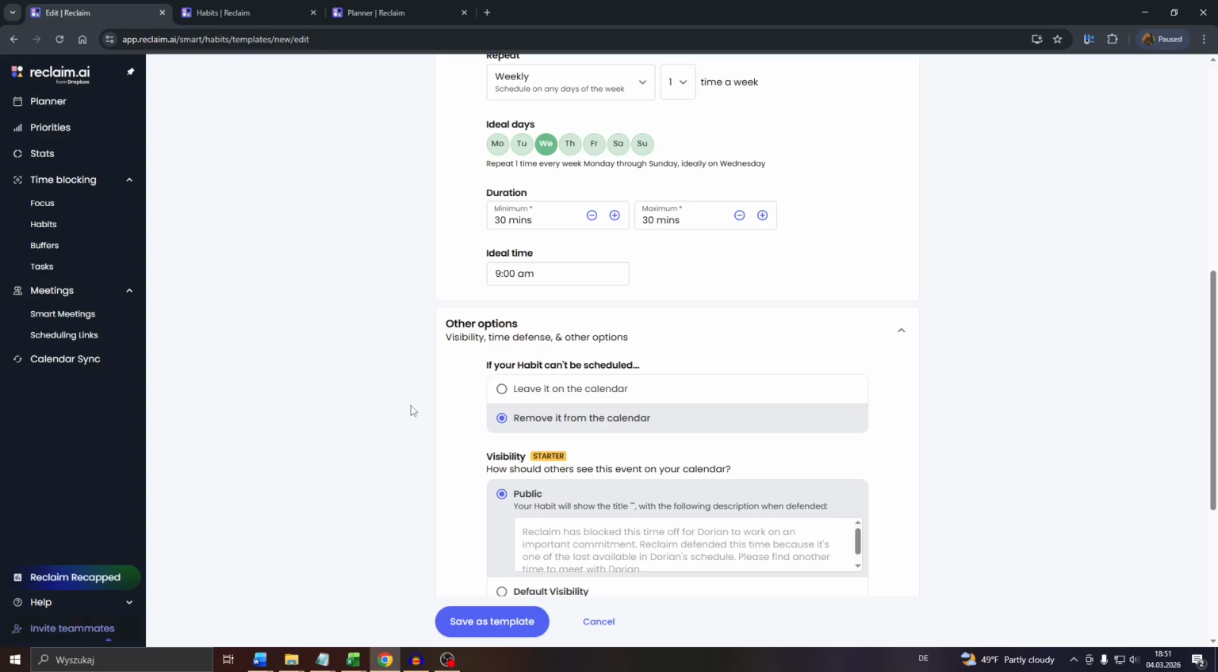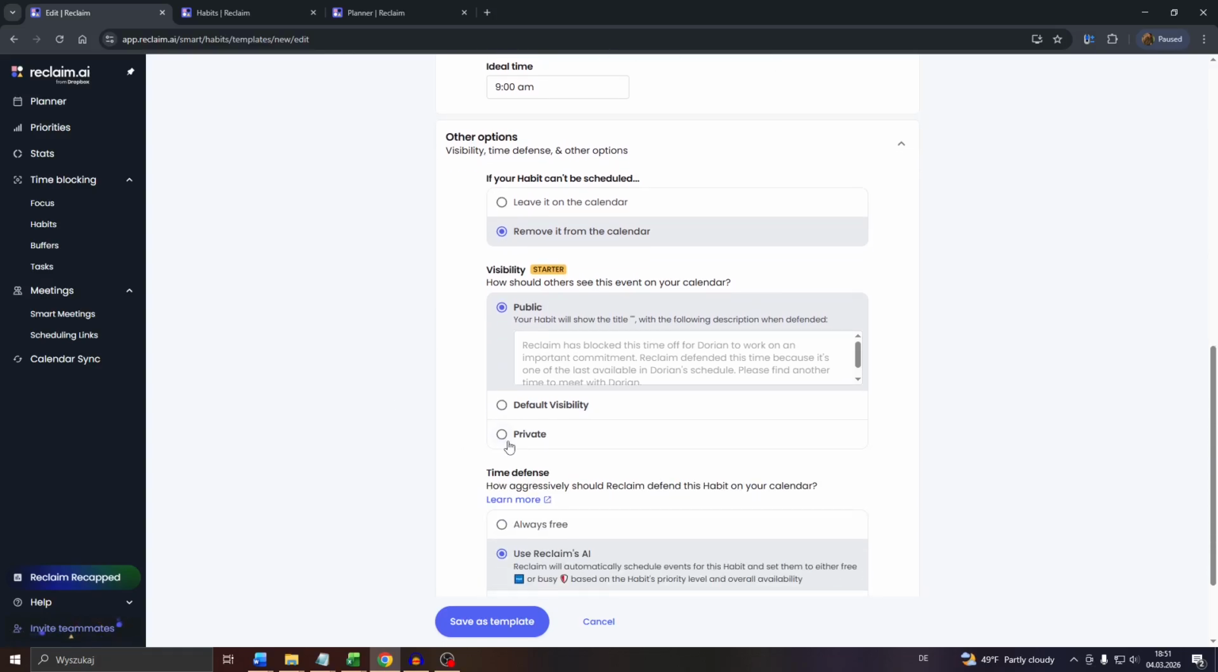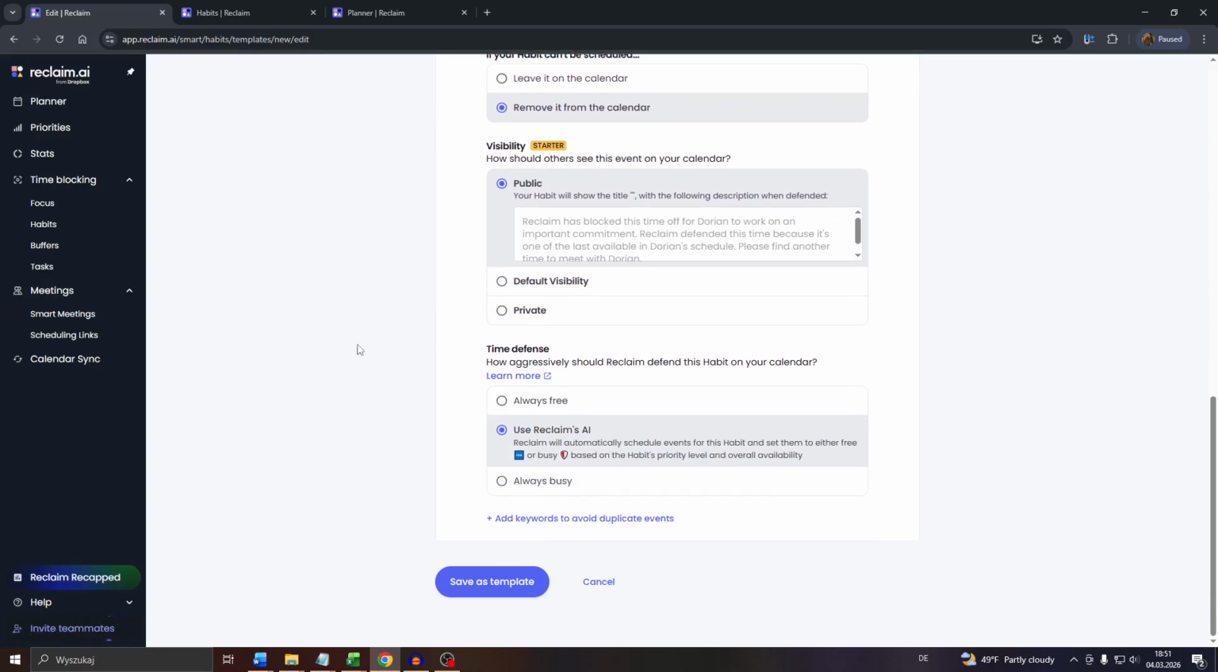Make it go public or keep it on private. And that's it. Click into this button to save it as a template for your team, the habit, and that's